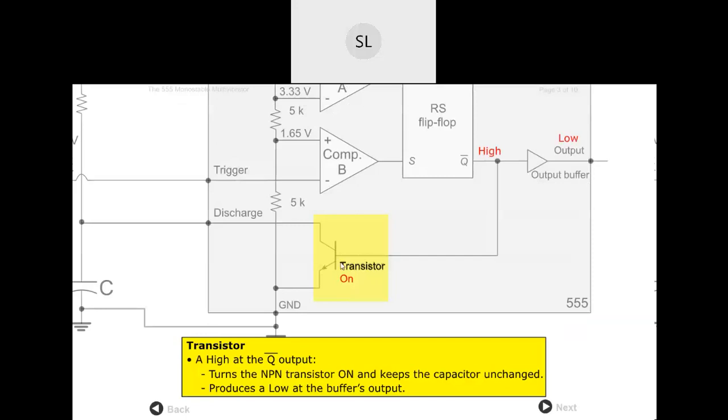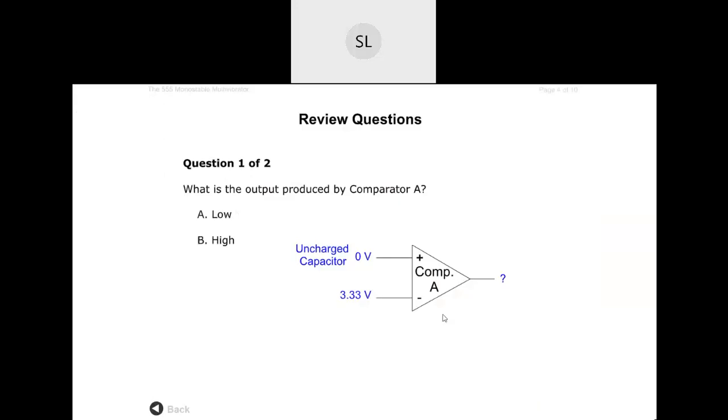Okay, because of which the transistor Q will be turned on, and keeps the capacitor unchanged. So the output of this timer will be low initially when the capacitor is in the discharge state. Okay,